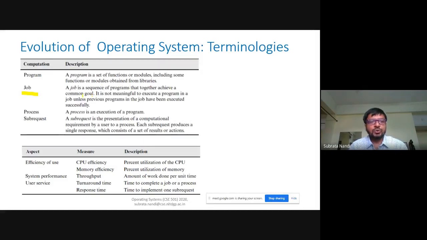So when we think of a job, we consider that there is a sequence of programs which are run one after the other. A process, as we already found, is a program in execution. So when the program gets executed, we call it a process. And a sub request is the presentation of a computational requirement by the user to a process. To be specific, say